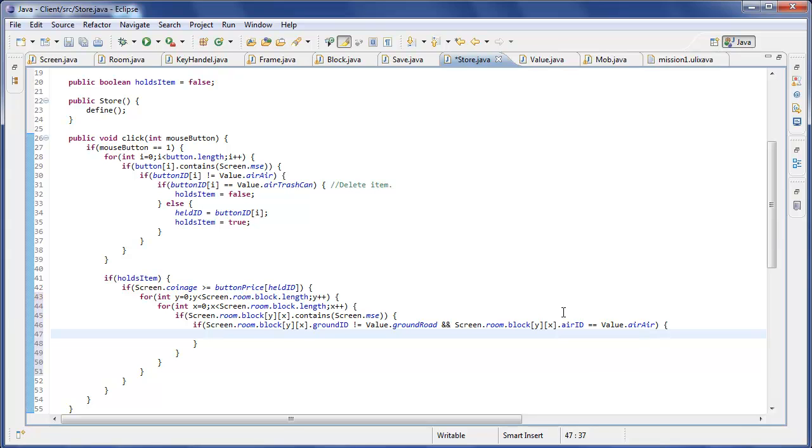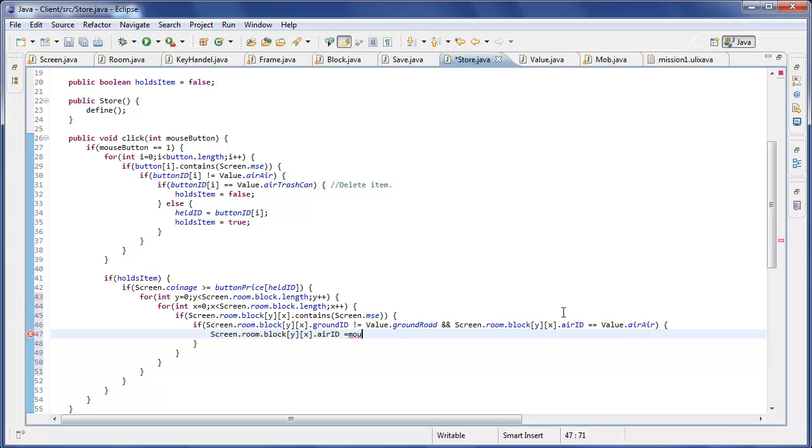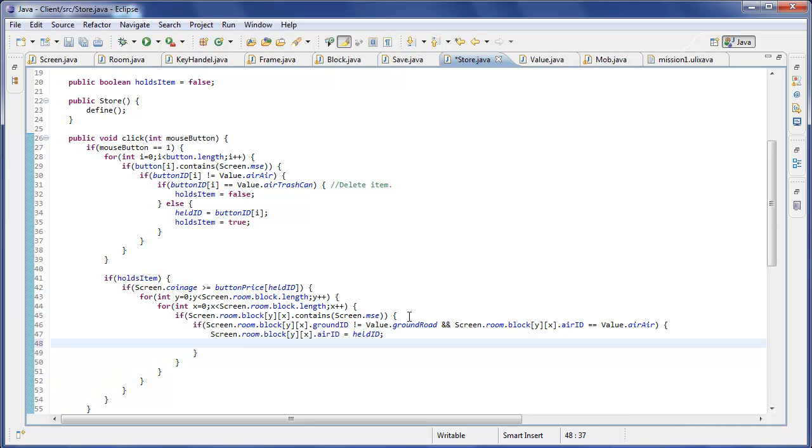So what's gonna happen then is that screen.room.block.yx.air ID is equal to value... No, it's actually equal to not mouse button. It's equal to held ID,